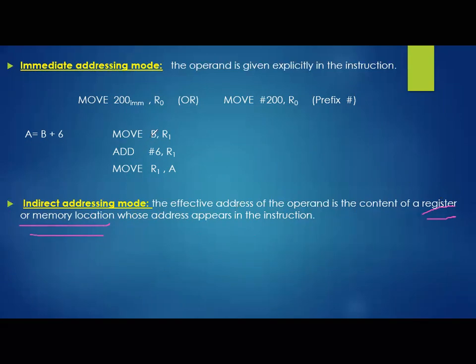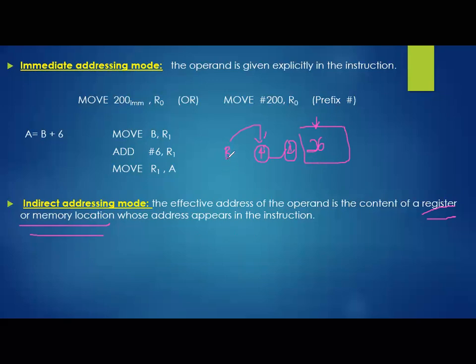Just for differentiation, observe. B is the label of a memory location, right? So inside B some value is residing. Clear? But here B will be specified in your instruction. Whatever it is holding, like 4, 4 is not the original value you are expecting over here. 4 should be considered as an address. So inside the location called 4, we have, for example, 26. 26 is the operand we are expecting.